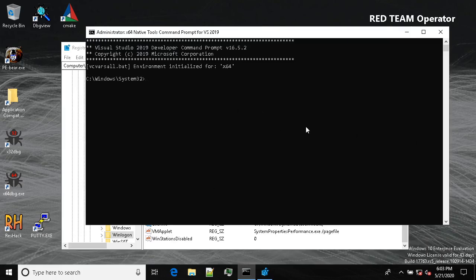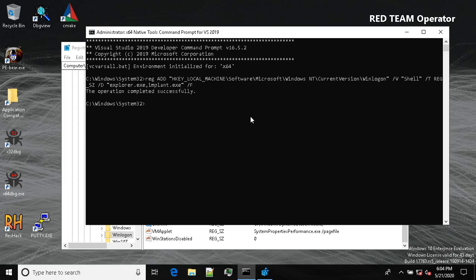We need a high privileged session, and what we actually do, we will edit the shell value with explorer, comma, and implant.exe. So it means that USERINIT process will read that value, and it will start both explorer.exe and